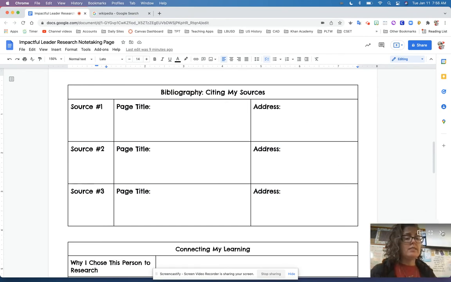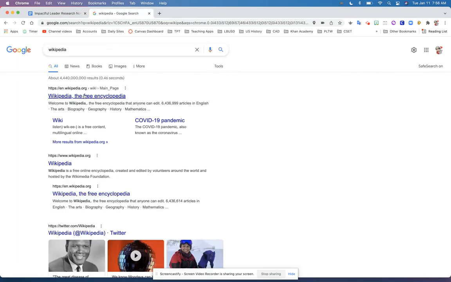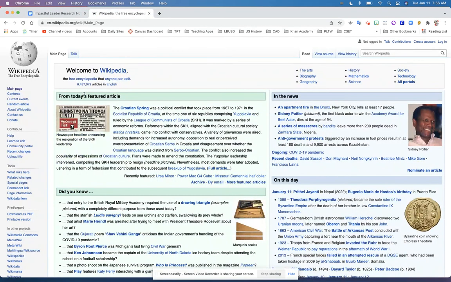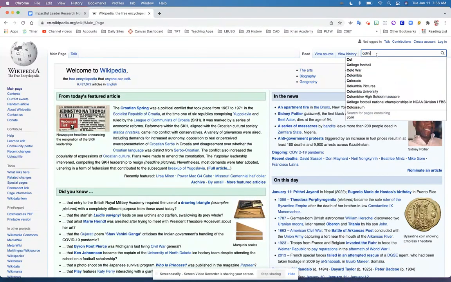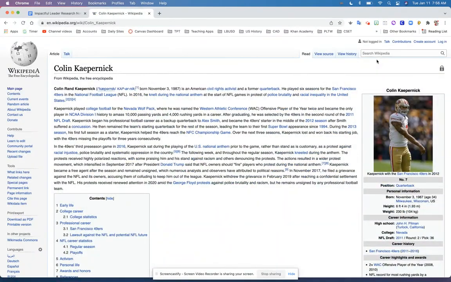Okay, so let's say I'm going to go to Wikipedia. All right. And I'm going to look up Colin Kaepernick. Okay. Now, here's a tip for you. Yes, you can use Wikipedia for some of their basic information. For example, some of the information about his early life you can find here, his activism and personal life, you